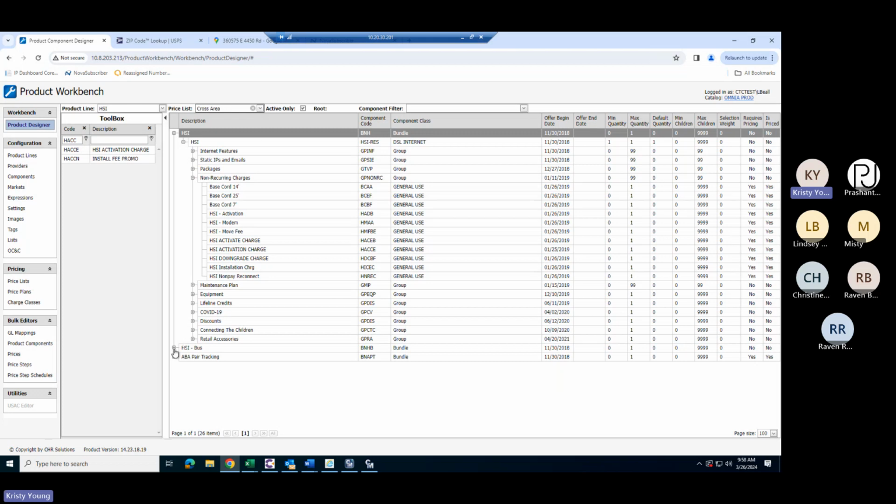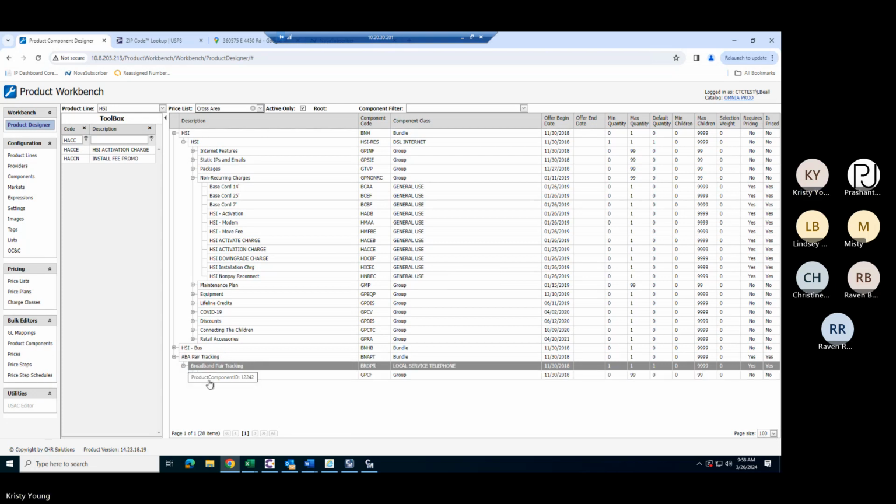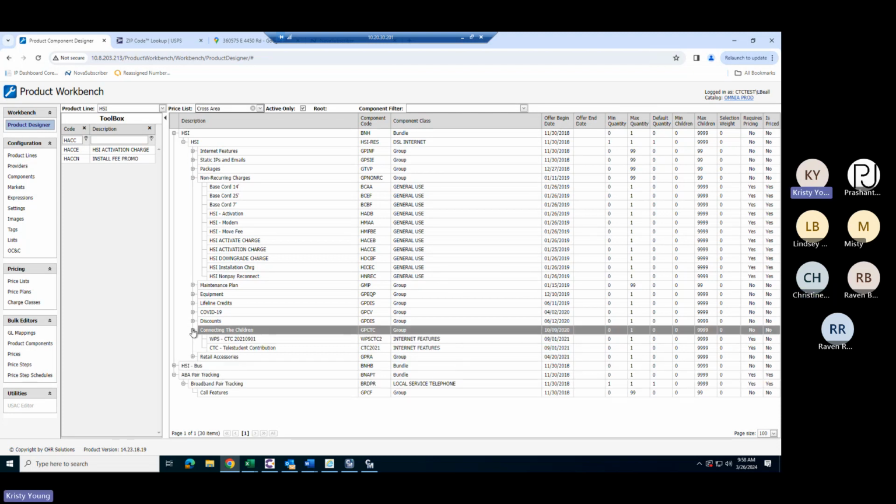Business prices aren't going to change. Does anybody know what this ABA pair tracking is? That's your extenders. We just actually write an order to add dial tone for them to be able to function correctly. Oh, okay. I didn't know you needed dial tone. And then connecting the children is